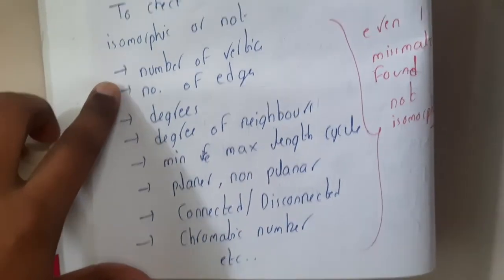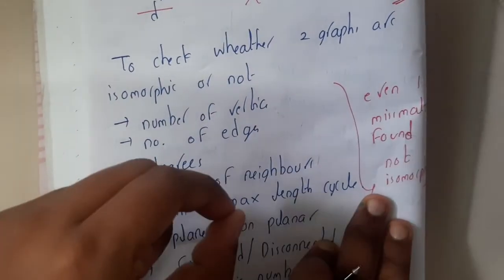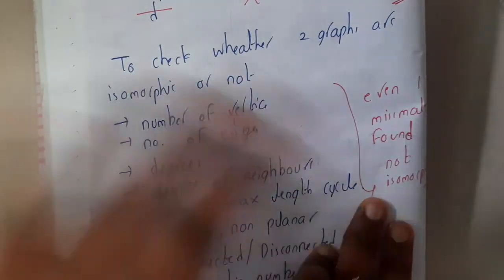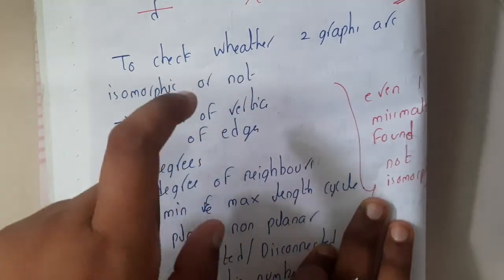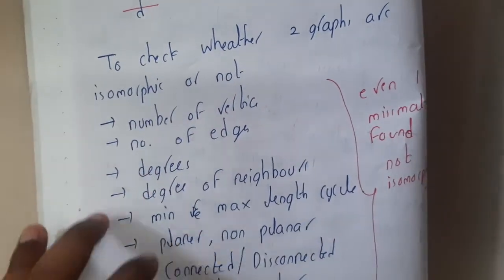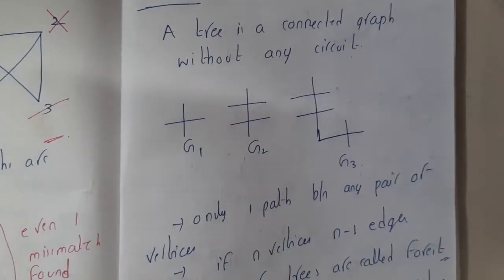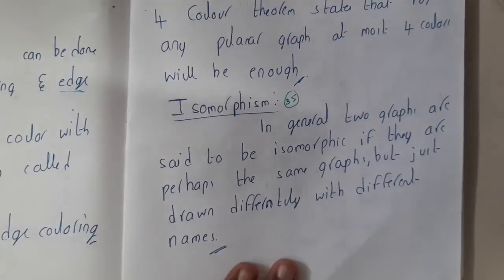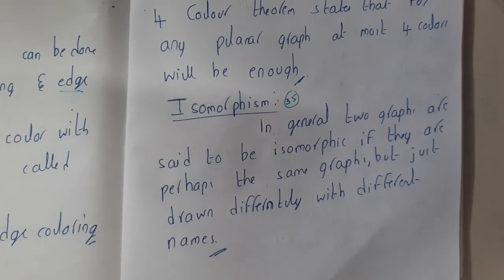Okay, and to be clear, it will be really easy to say that a graph is not isomorphic rather than saying that it is isomorphic, guys, because there will always be some confusion. Okay, so now I hope everyone got some basic idea with respect to isomorphism, right? Once we solve PYQs, we will get more clarity on it, guys.